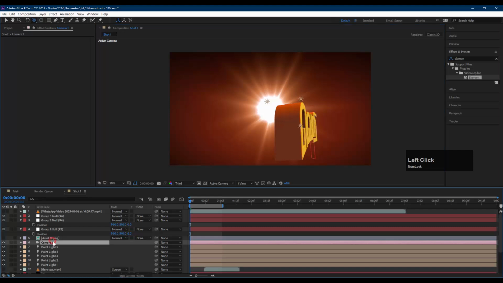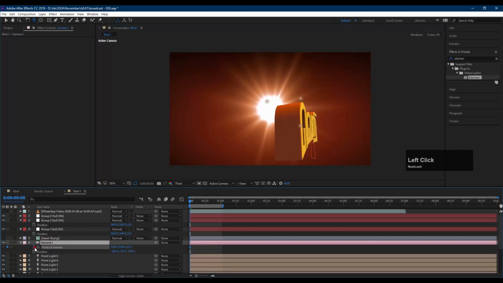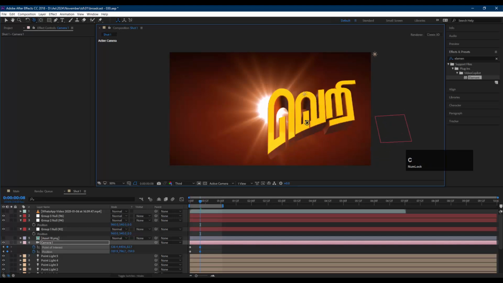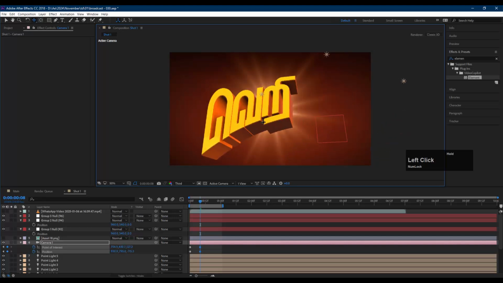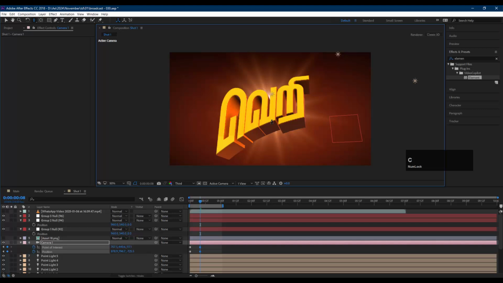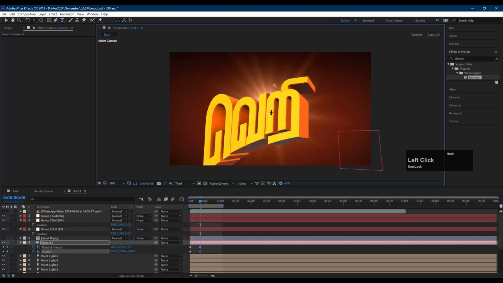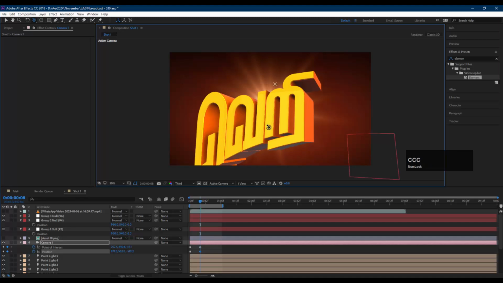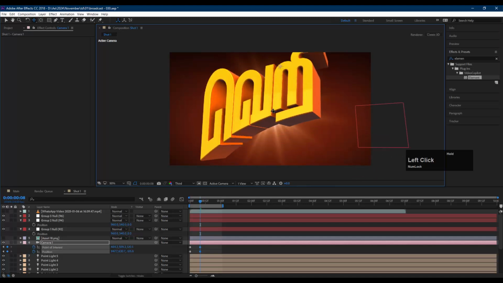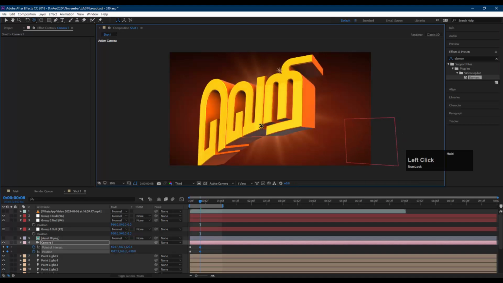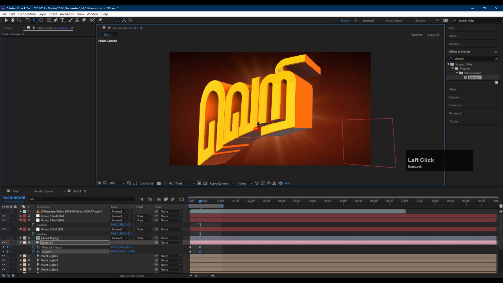Let's press P and Shift A, create keyframes, and move something like 8 frames, and just rotate it this way, something like this. Pressing C, something like this. Press C once again, and